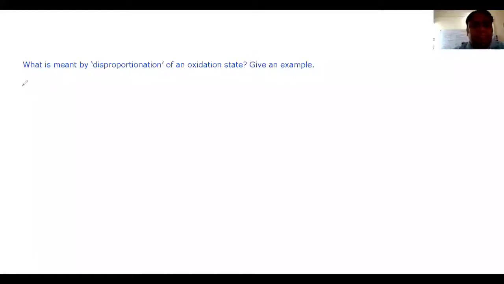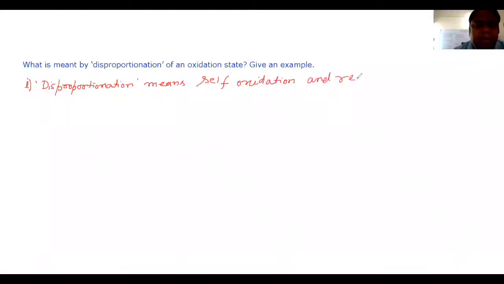First, disproportionation means a self-oxidation and reduction reaction. Now, disproportionation of oxidation state is there. So second, we have to write